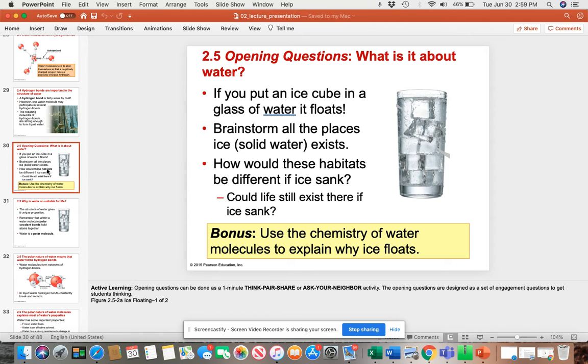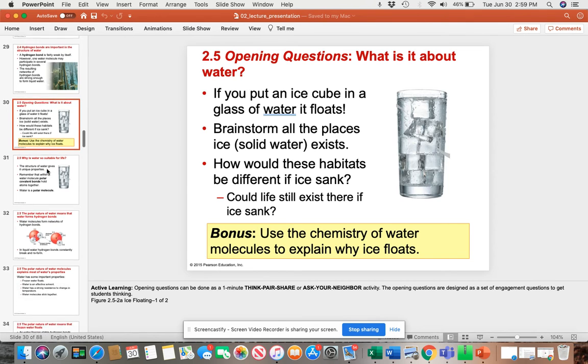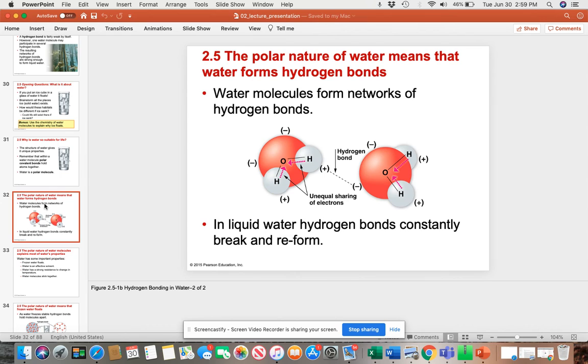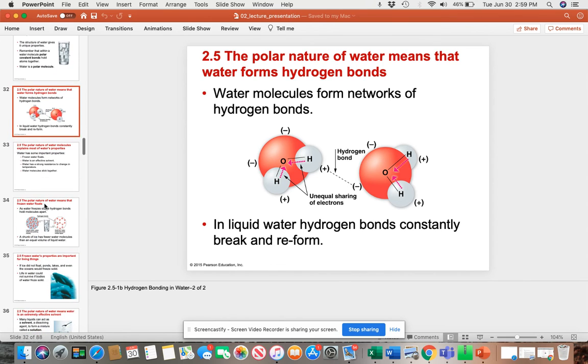So, for example, if you think of ice, its solid form, water is one of the few compounds where its solid form floats in its liquid form. And because of this weak hydrogen bond, it gives water a high boiling point. Ice can float on water because of the spaces formed between the compounds.